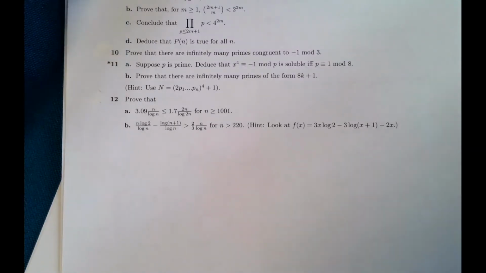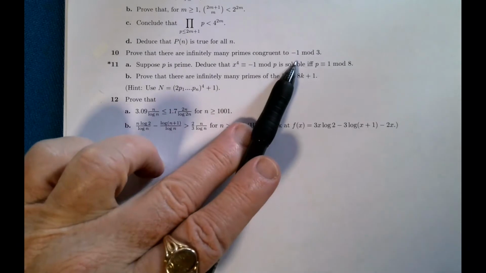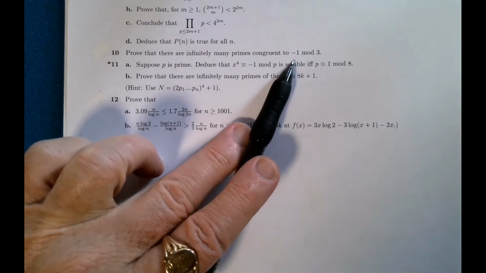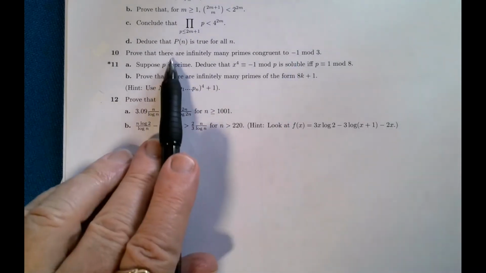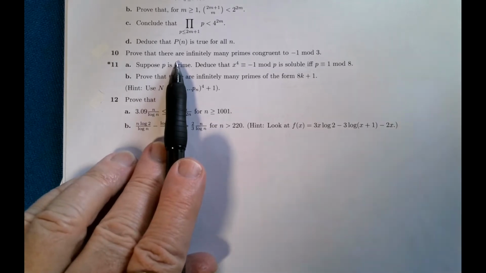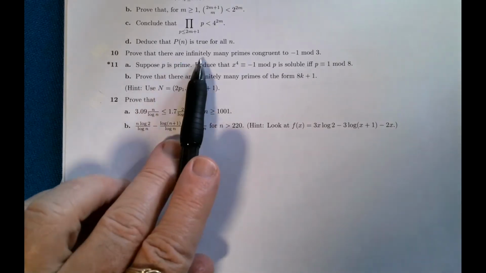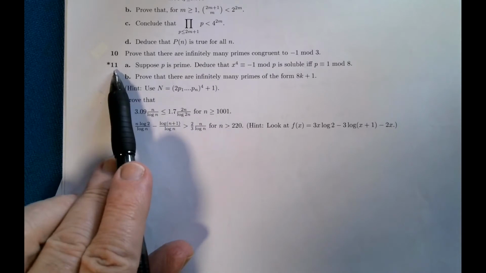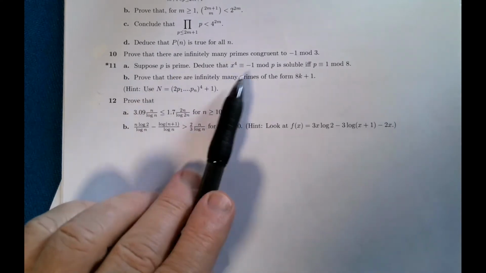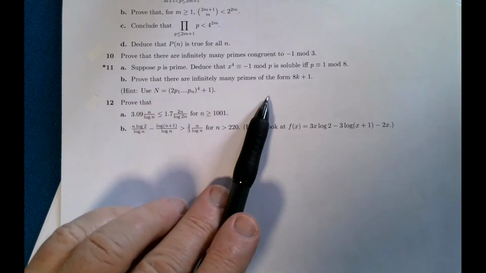Prove there are infinitely many primes congruent to -1 mod 3. That one's not very hard. It's done in the same spirit as we did in the other video. And question 11 is, we take a prime p and we're going to deduce that